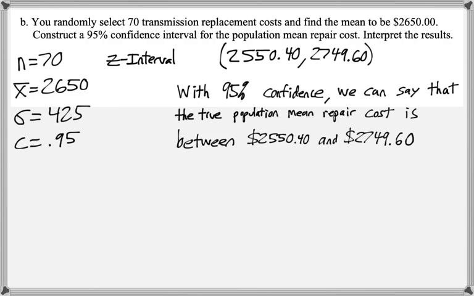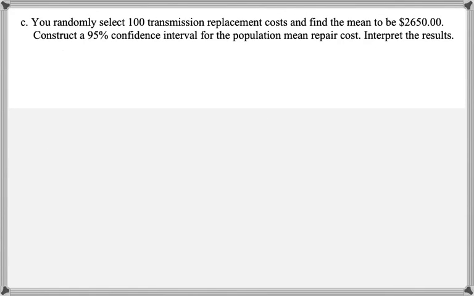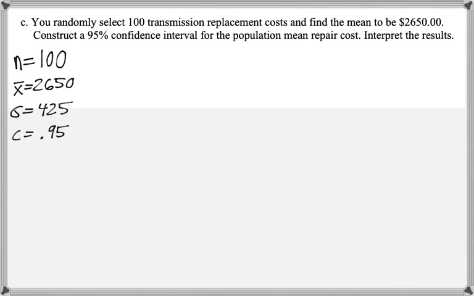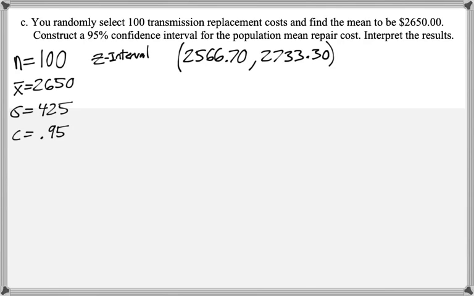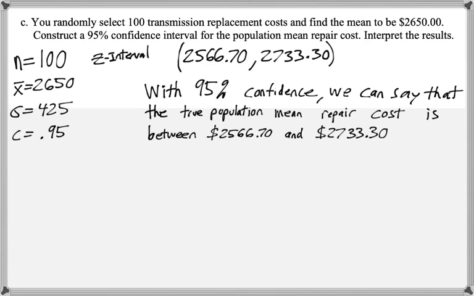$2,749.60. On Part C, all of the information is staying the same, except for the sample size is now increasing to 100. So we want to use the z-interval command, and this is our confidence interval. So this means, with 95% confidence, we can say that the true population mean repair cost is between $2,566.70 and